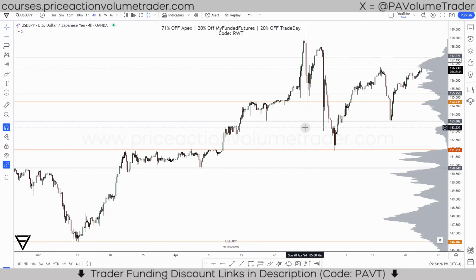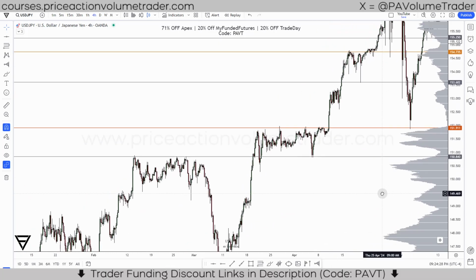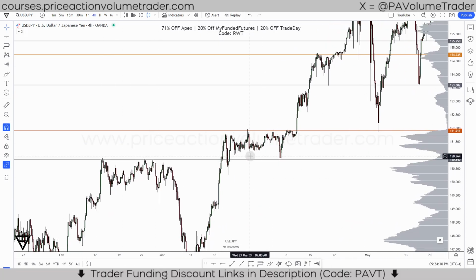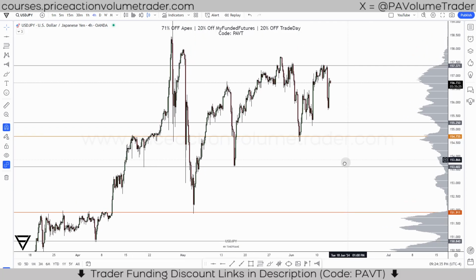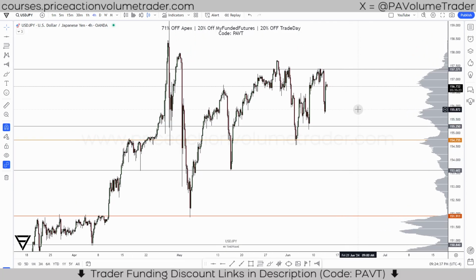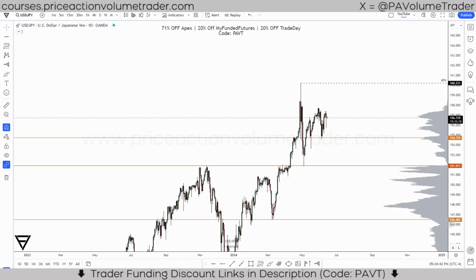I'm just gonna mark it off just because it's a very good level here. You can see big resistance and then very significant support here. Okay, so I have my levels, and now if I zoom out, if I go into the daily, you can